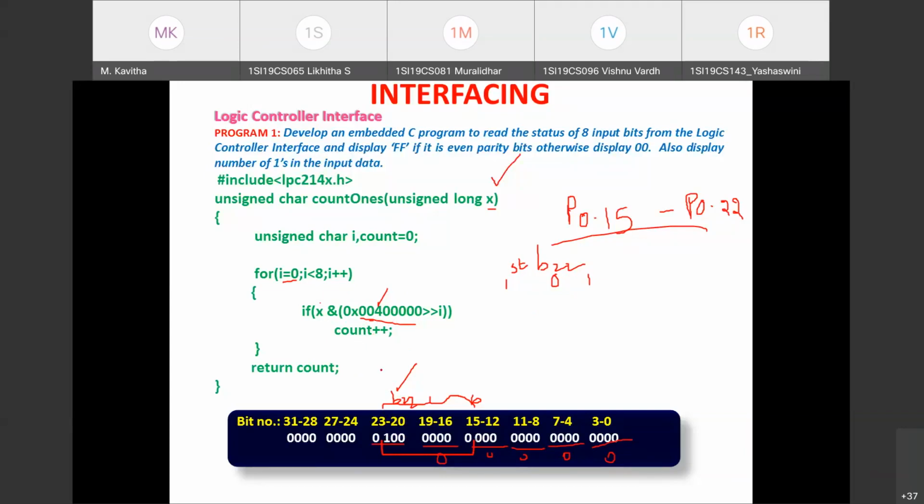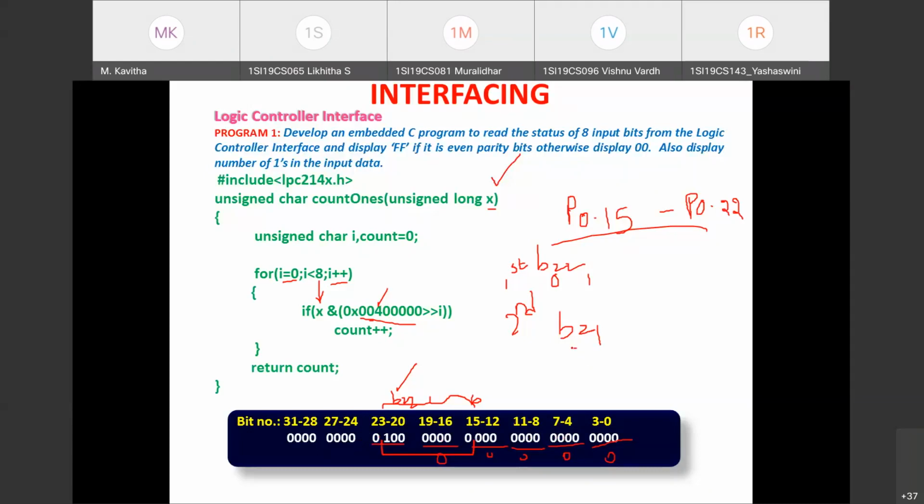In the next iteration, I need to test bit 21. In the second iteration, which bit do I have to test? It is bit 21. How to test bit 21? I is incremented here. What is the new value of I? It is 1. 1 is less than 8, so since the condition is satisfied, control enters the loop. We are in the second iteration, and just check what mask value we are taking in the second iteration. It is 002 followed by 5 zeros.